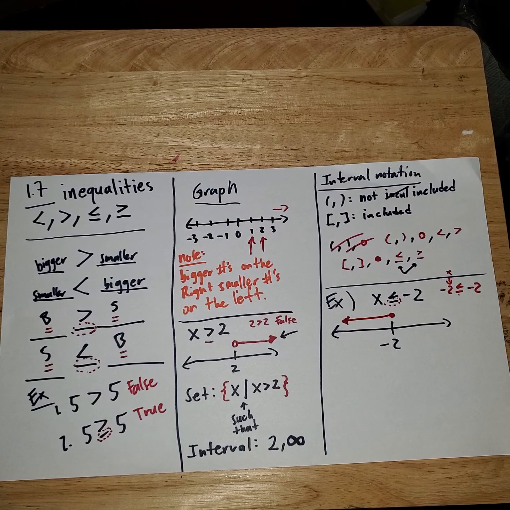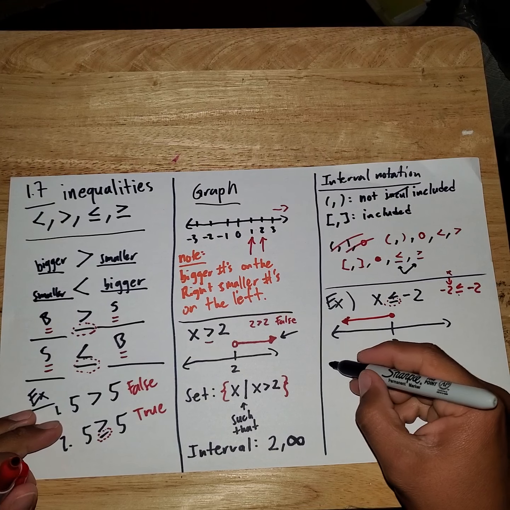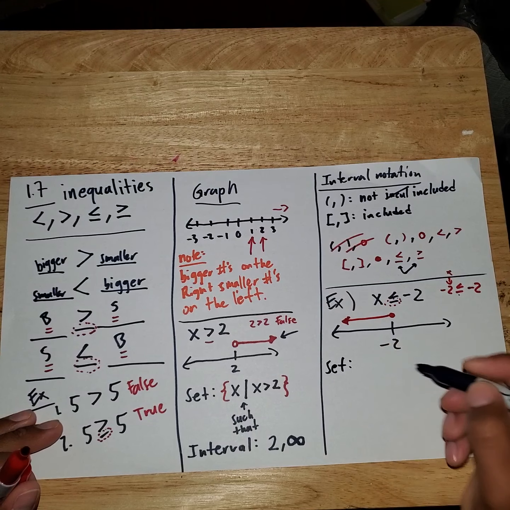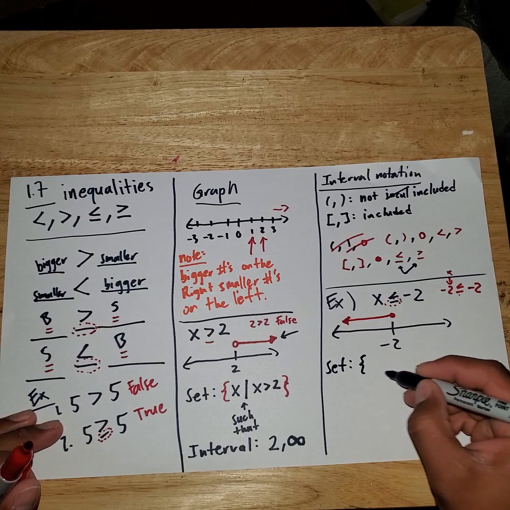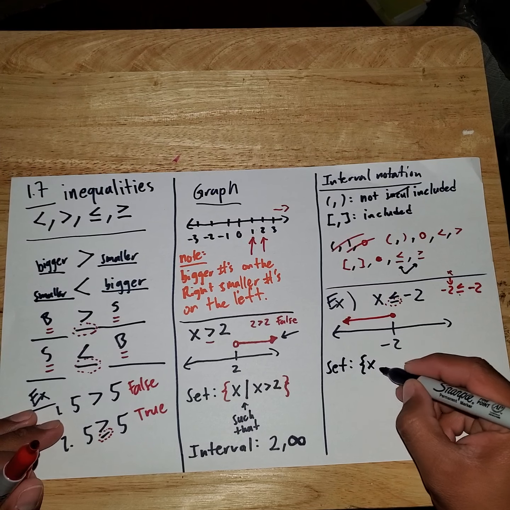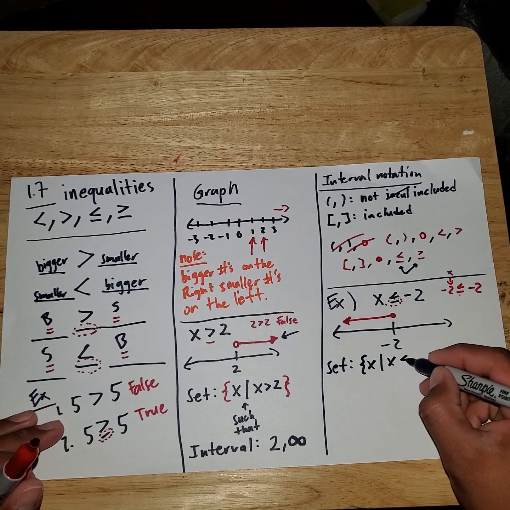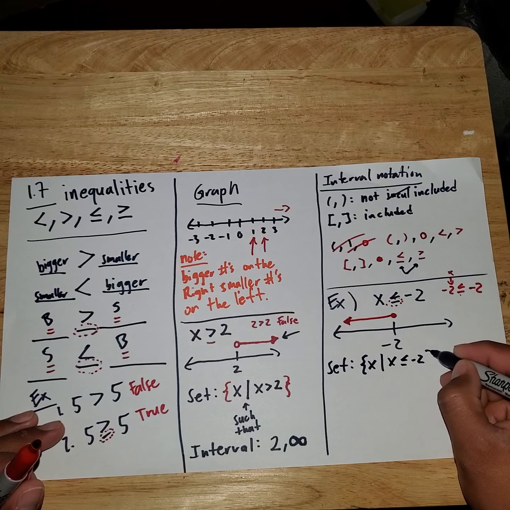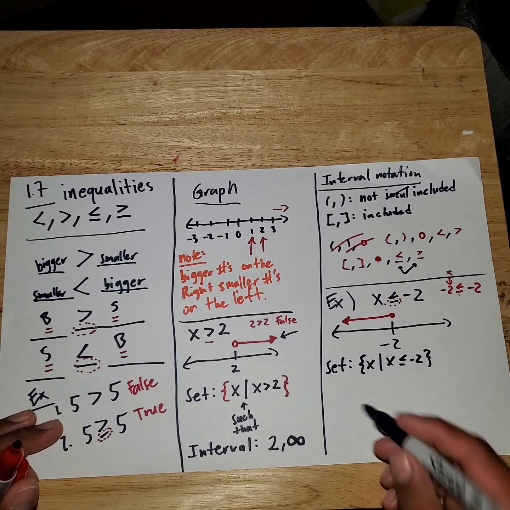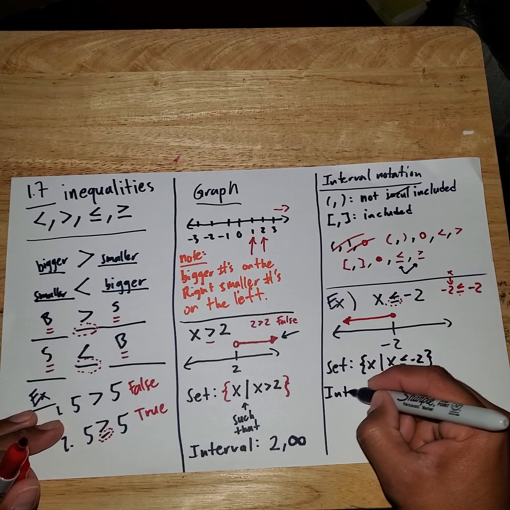So now, when I write my set notation, same thing. I have my braces. The variable in question is x. I'm going to tell you about that x, and that x has to be less than or equal to -2. And now interval notation,